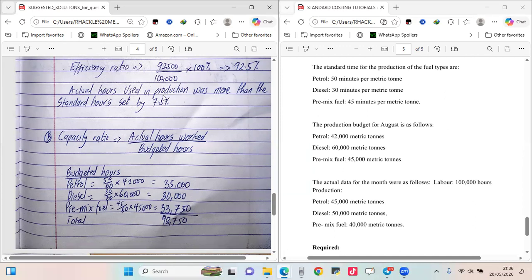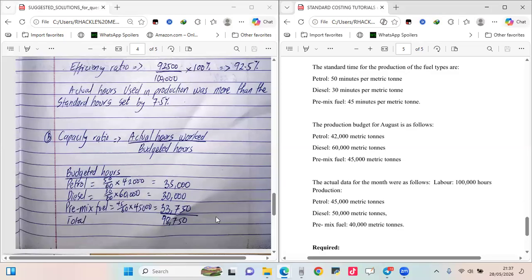We convert everything to hours and get the budgeted hours for the budgeted production. So 50 over 60 times the budgeted unit, 30 over 60 times the budgeted unit, and then fuel as well, 45 over 60 times the budgeted unit. I'm just using the times they've used. Now we add them up and get a total of